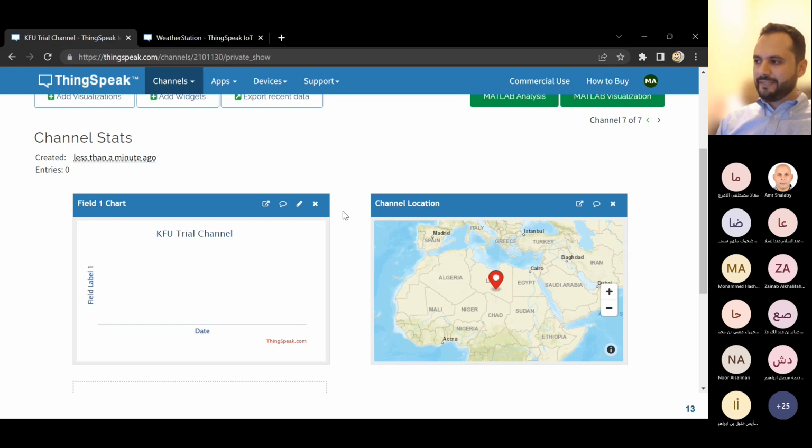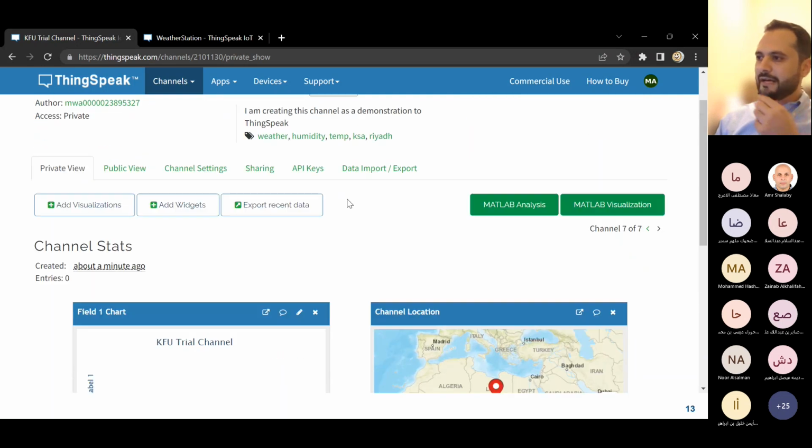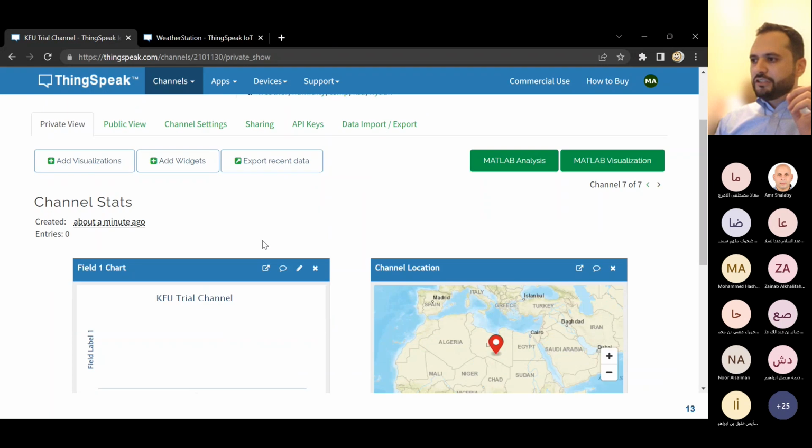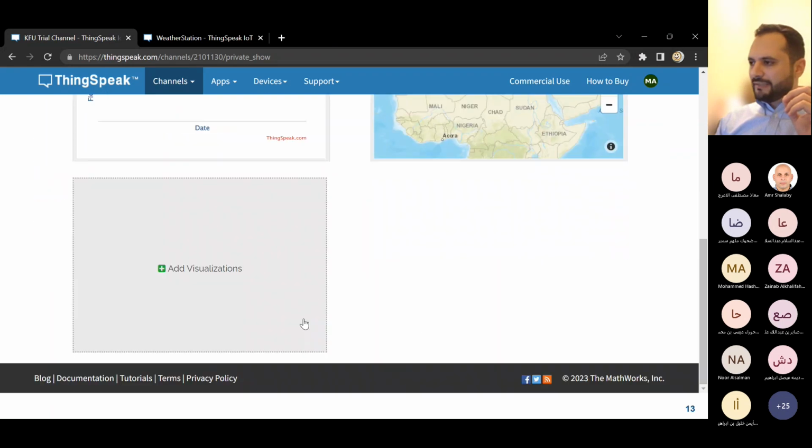Do you want to put a real address, a fake address, or maybe you want to tell people, okay, I collected this data in the past and I collected it from Italy, for example. So you put an address that is not currently your exact address. Now, when we want to add visualizations, like insights, to our channel,